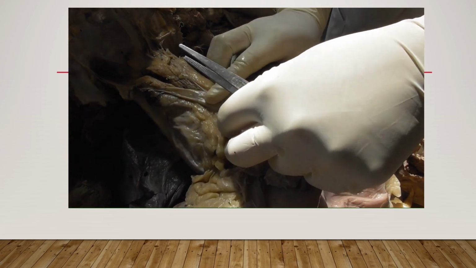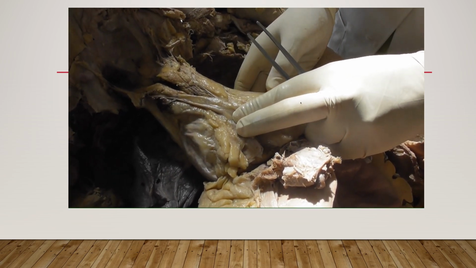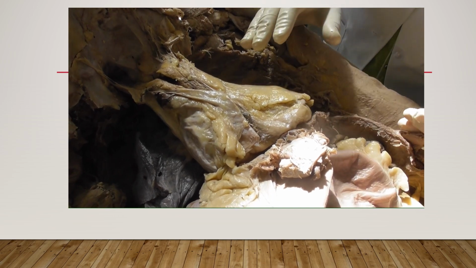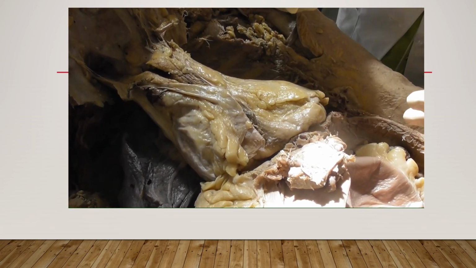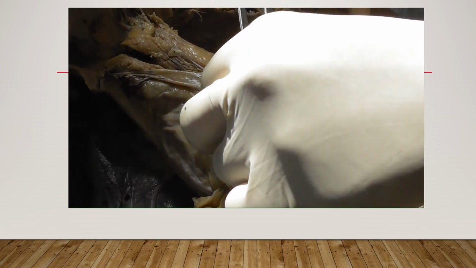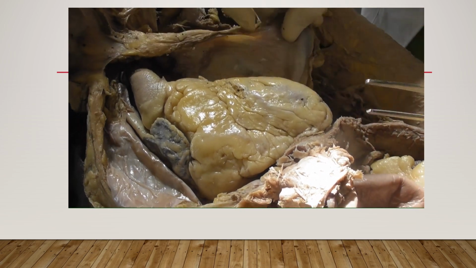Functions of pericardium are to prevent the excessive movements of the heart. It also prevents the cardiac distension, and it also acts as a lubricant so that the heart can smoothly contract and relax. So as we can see here, we have cut open the pericardial cavity to see the heart in